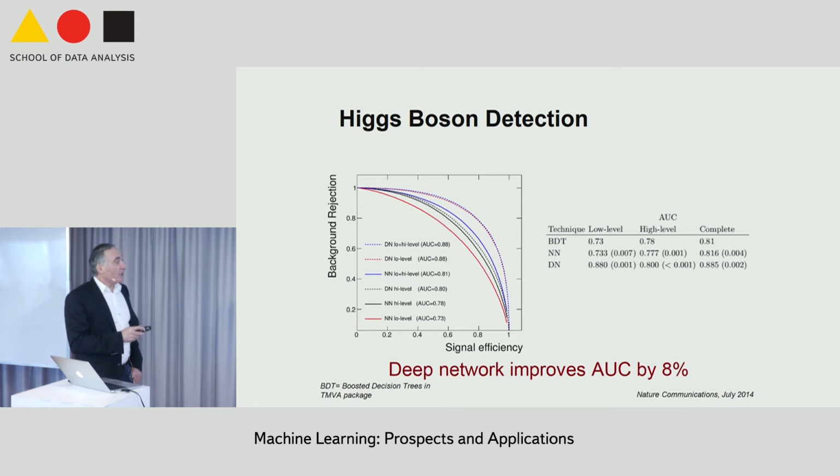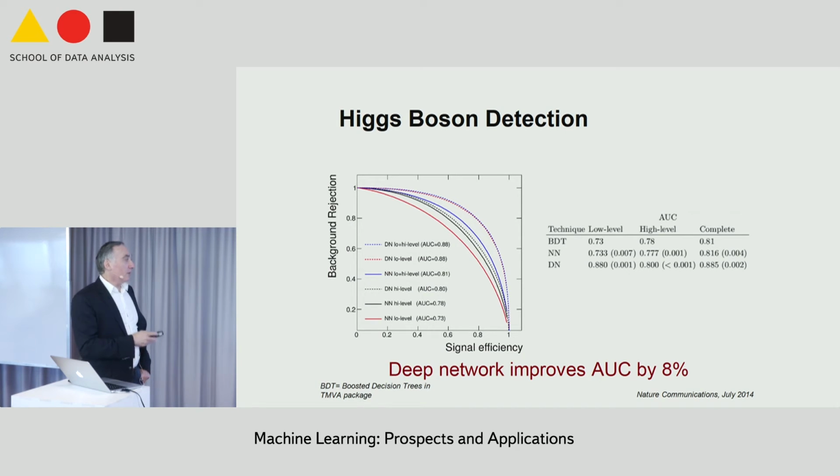So physicists draw their ROC curves in the opposite direction for a variety of reasons. But the tools they were using were these artificial, human-derived features and shallow learning methods, such as boosted decision trees. So using their tools, this is the kind of AUC we get, using low-level features only, using high-level features only, or using both. The best they could achieve was 0.081 AUC.